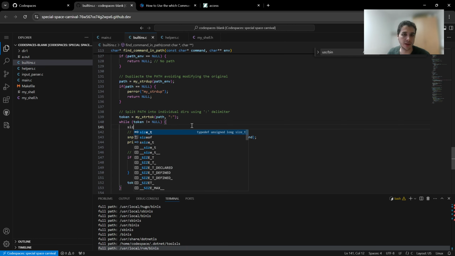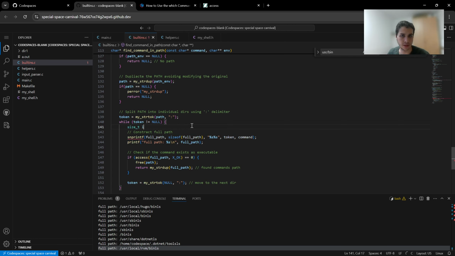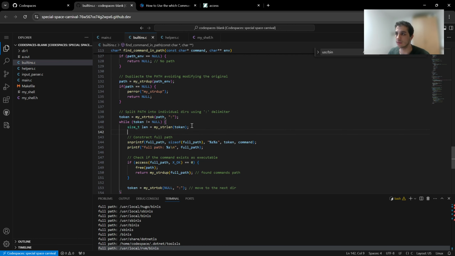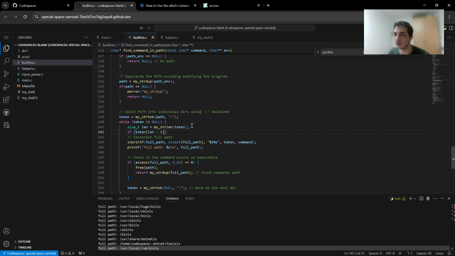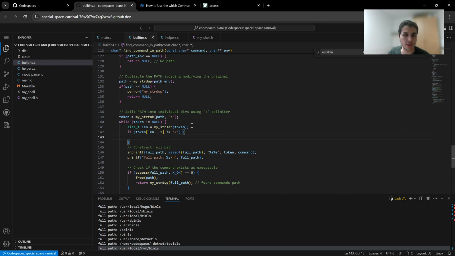So we will say size_t len equals my strlen of the token, and if token len -1, if the last character of the token is not equal to backslash, we will